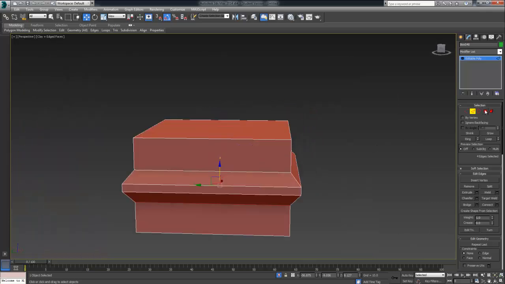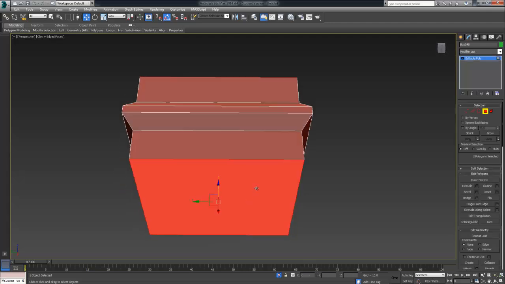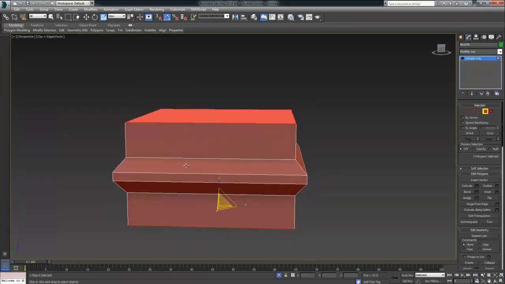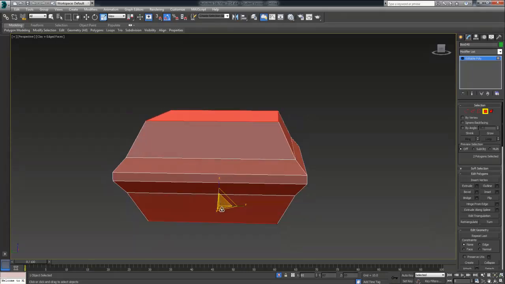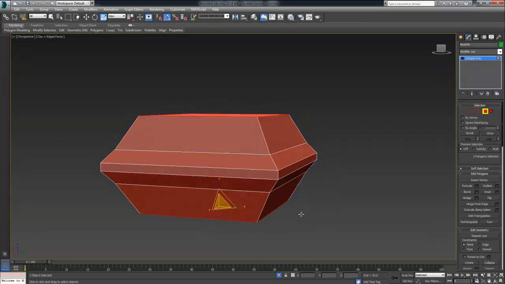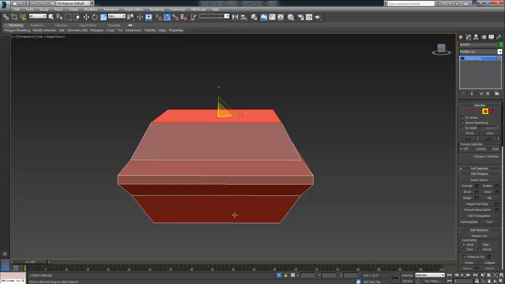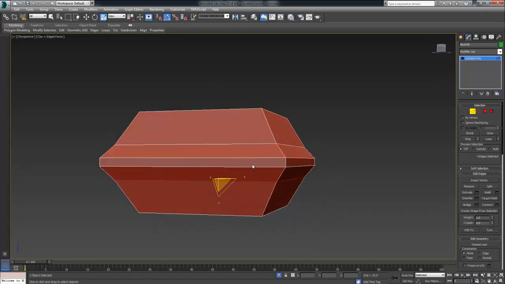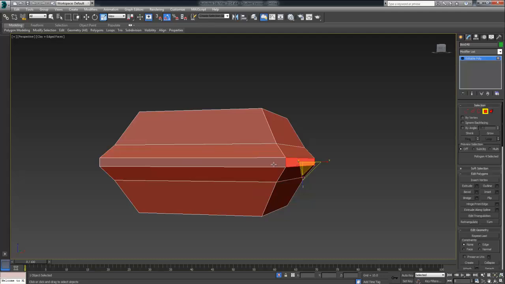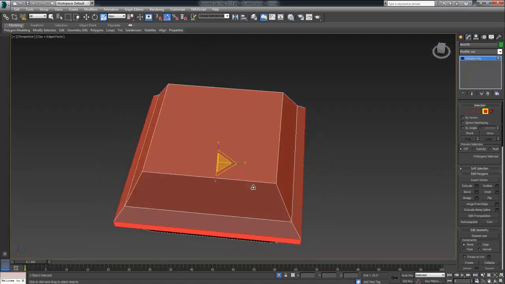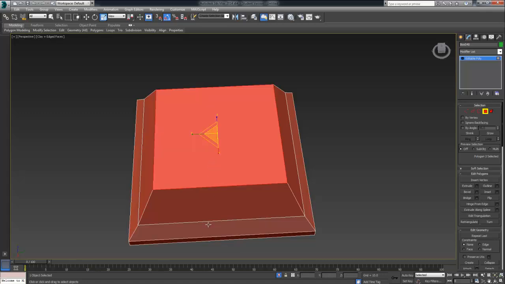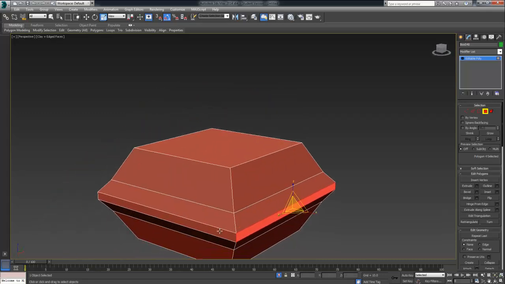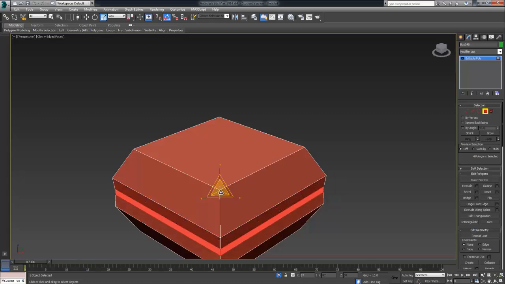Alright. Now you're going to want to grab the bottom and the top of the box and scale it inwards. So to do that, you just grab the middle, the yellow part, and just scale it in. Nothing too big, just enough so you kind of get that effect. Then, that's pretty much it. I mean, I probably could have done with making this less extruded. So I'm going to scale that in, I think. So to do that, I'm going to hold control and left shift, and then drag it in,